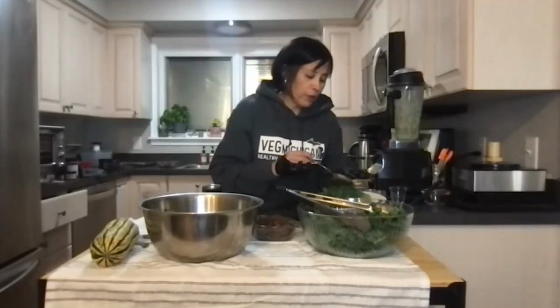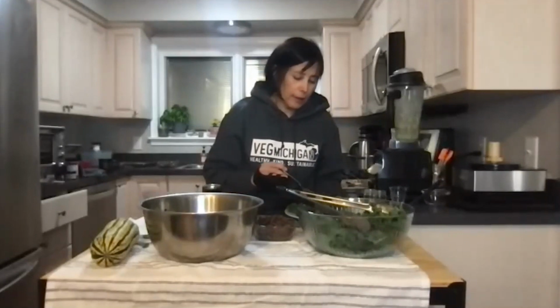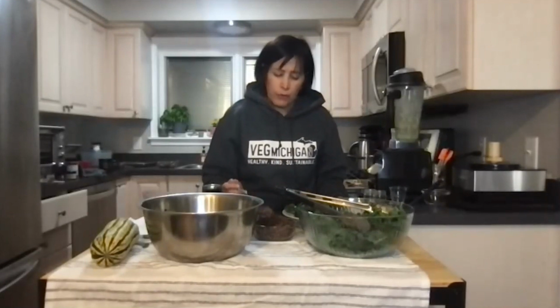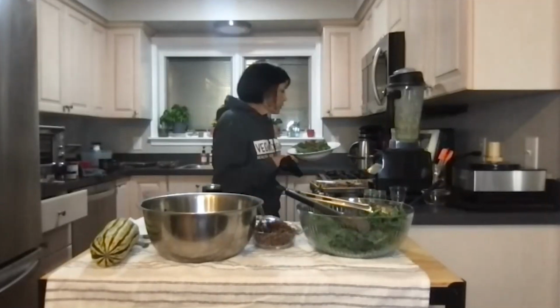And you can use whatever kind of quinoa you want, or a different grain if you want. I mean, quinoa is actually a seed, but it's a quasi grain. It acts like a grain. And the red has, again, more antioxidants with that color. It works well too for veggie burgers. It has a little bit more of a meaty look and feel to it. So I've got that. And then I'm just putting some